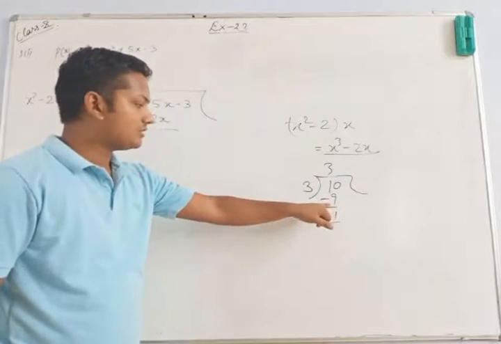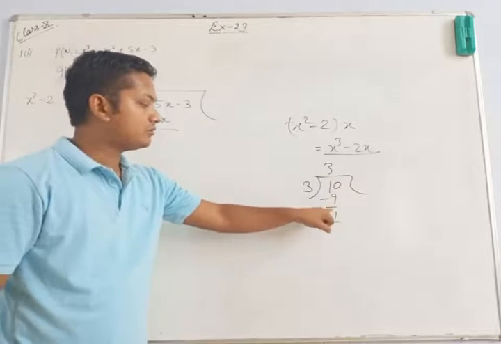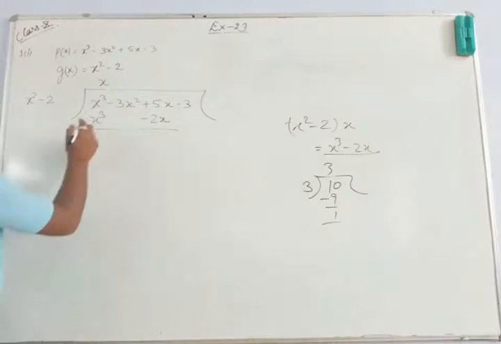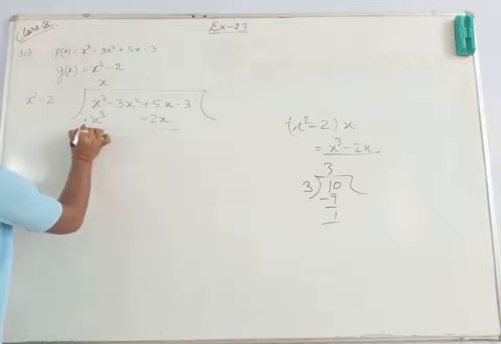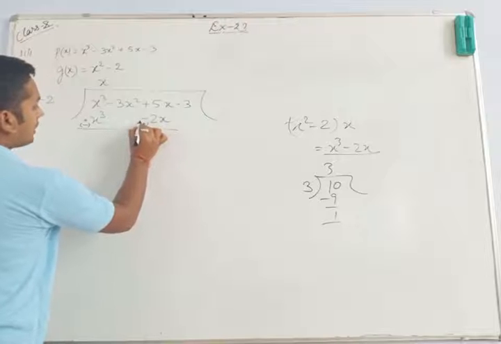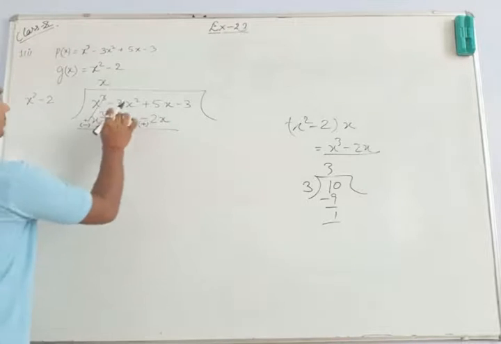ओके, it was positive, but later on what we had done, we have subtracted it from 10. That means we have changed the sign. So here also we will be changing the sign. तो ये ओरिजिनली पॉजिटिव है, तो नाउ इट विल बी चेंजिंग इन माइनस. ये ओरिजिनली नेगेटिव है, so negative and negative will give you a positive. So this is positive, this is negative, they will be cancelled out. Okay, so पहला टर्म cancelled out हुआ.